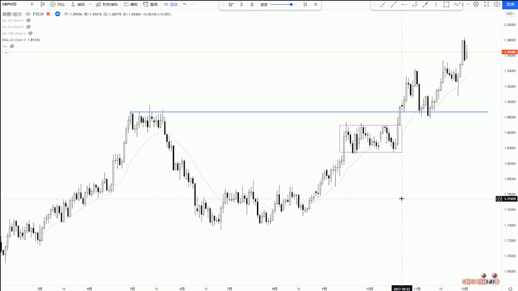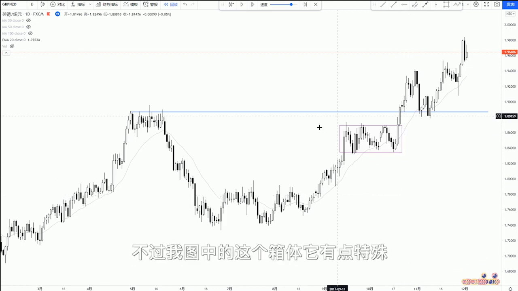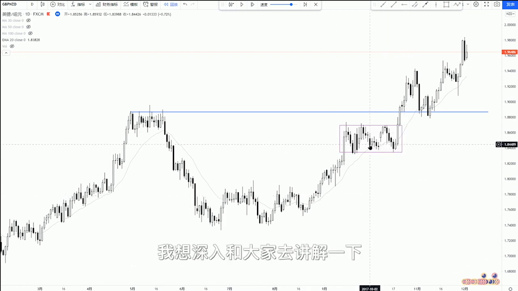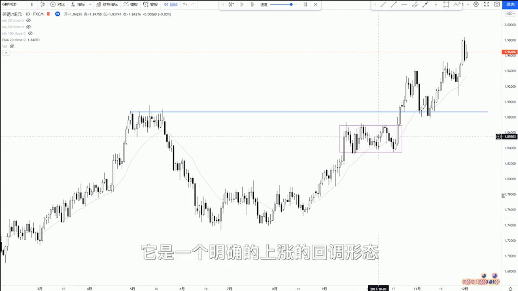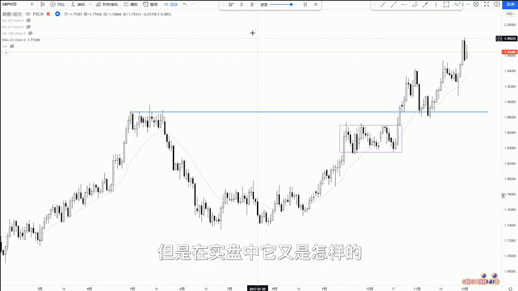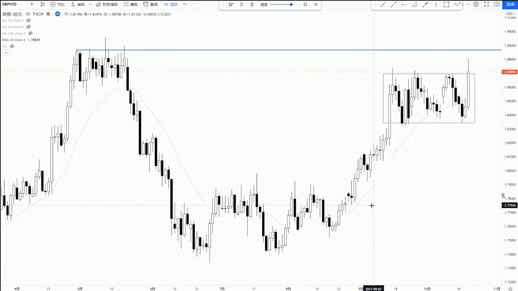Most box breaks are pretty simple to trade, but this box in my picture is a little bit special, and I want to go deeper into it. We look at it in hindsight as a clear upward correction pattern, but what does it look like in real terms? Let me get rid of the K line at the back, and let's see what do you read in